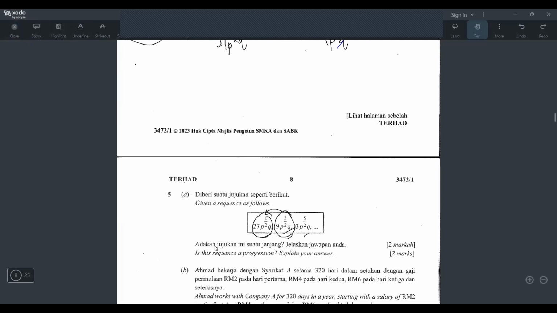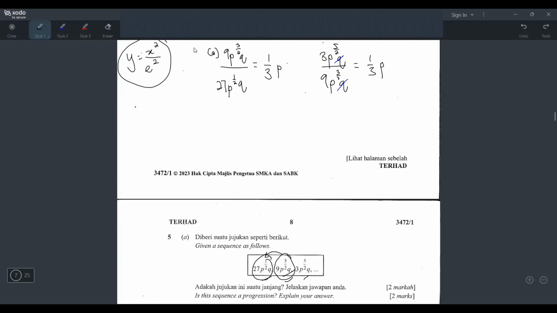So now we can answer the question. Is this sequence a geometric progression? Express your answer. So we can say yes. This sequence is a geometric progression. Right? And we have to write the reason because